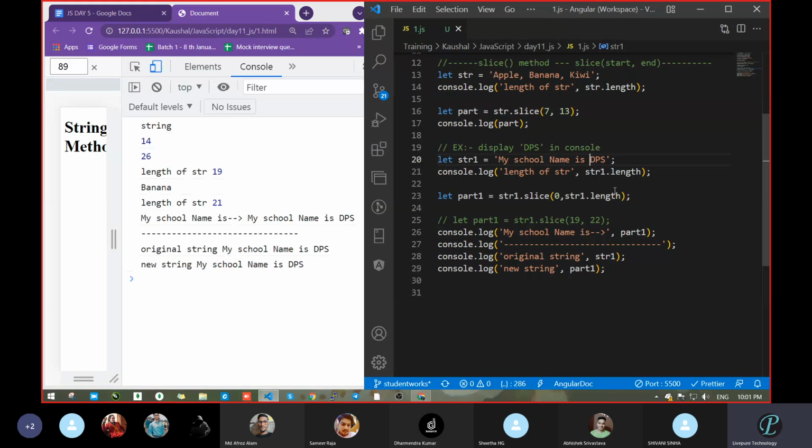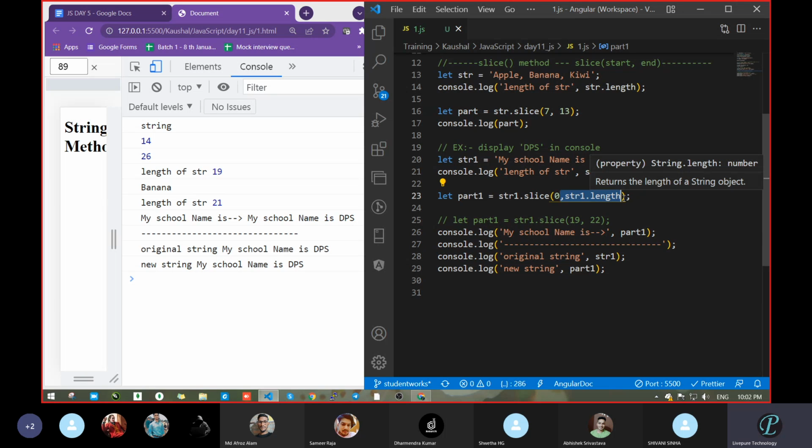Now save. So see what happened here. We passed 0 and str dot length minus 1. Now we are not saying that 23 is the last length or 50 is the last length. Automatically, it will take the last length, in the sense str1 dot length. Got my point? For always getting the last value, there is no need to pass 23, 24 like that after counting. Directly you can pass this variable because this will give you the length.